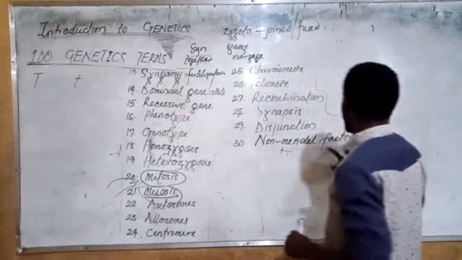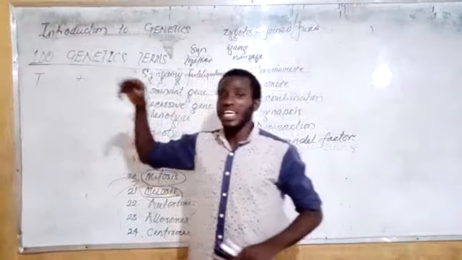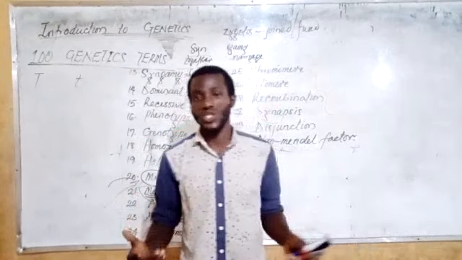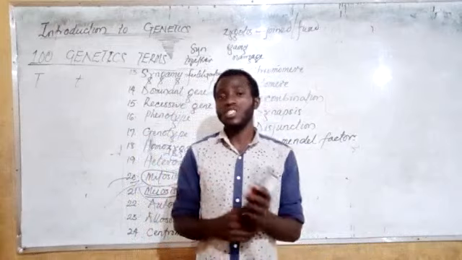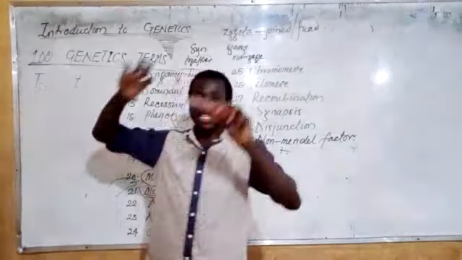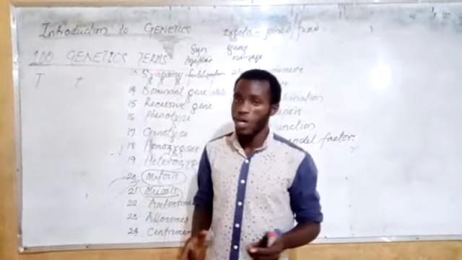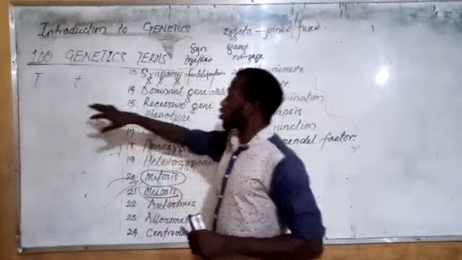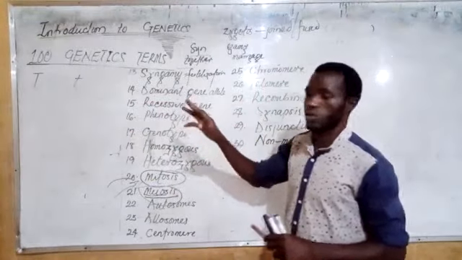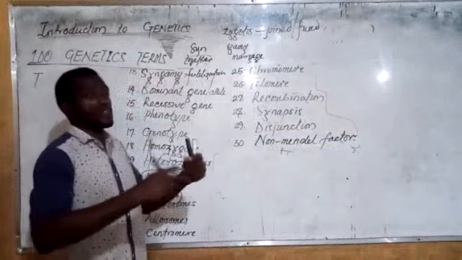From non-Mendelian factors, we begin to understand that, for example, tallness in humans is a polygenic trait. It is not a trait that is dependent on only the gene that carries the trait for tallness or for shortness. No. So this is a polygenic trait. So we cannot just say that it's based off of, say, the dominant tallness and the recessive shortness. No. But fundamentally, just know that the dominant gene is the one that expresses itself in the phenotype, while the